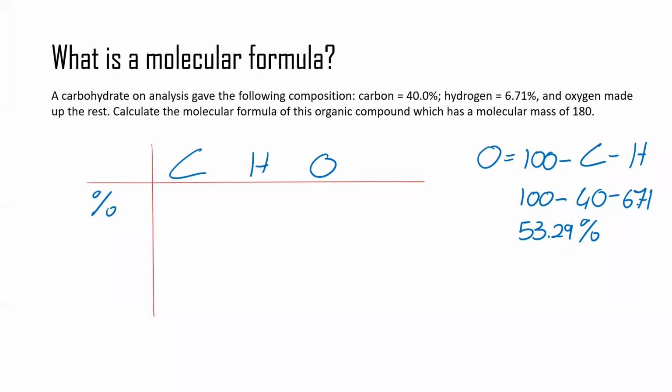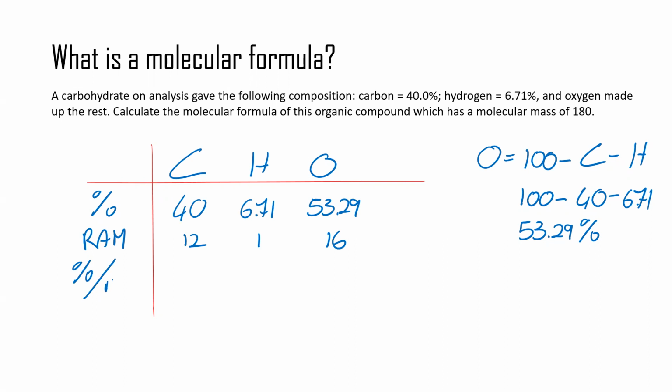As we can see, percentage and mass here are interchangeable, okay? So it's 40, 6.71, and 53.29. Then we have the RAM. For carbon, it's 12, hydrogen is 1, oxygen is 16. We have the percentage divided by the RAM, where we'll have 3.33,